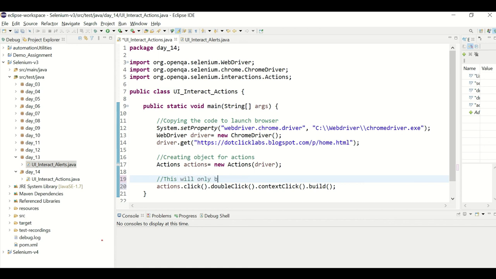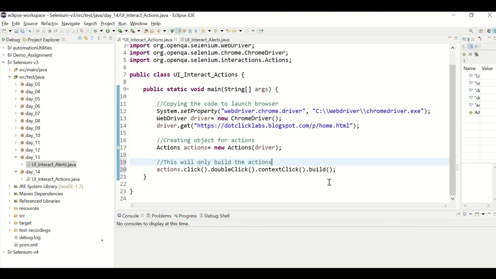This will only build the actions, but not execute them, because we haven't said dot perform.